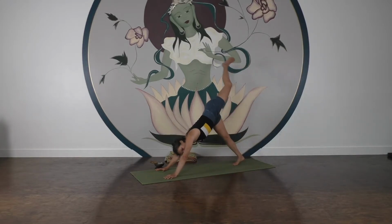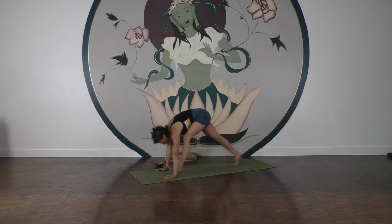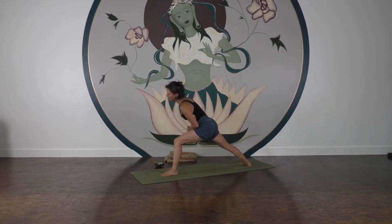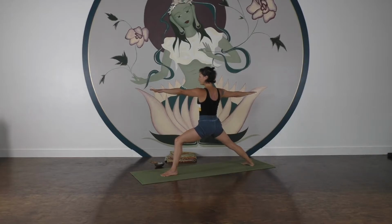Left leg up, bend the knee, open the hip. Maybe rolling through the ankle there. Maybe peeking underneath your left armpit and pressurizing your hands into the ground. Then bring that foot through, plant your back foot on a wide angle, windmill up to your Warrior 2. Find your just right Warrior 2 stance for your hips